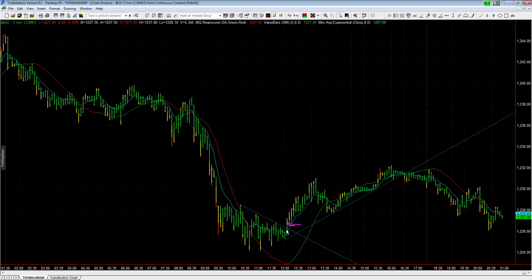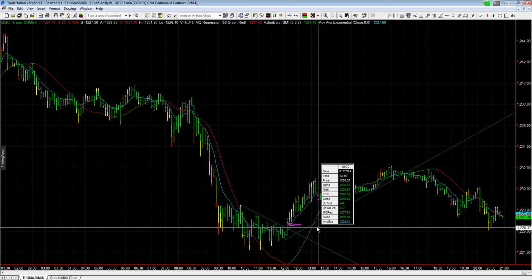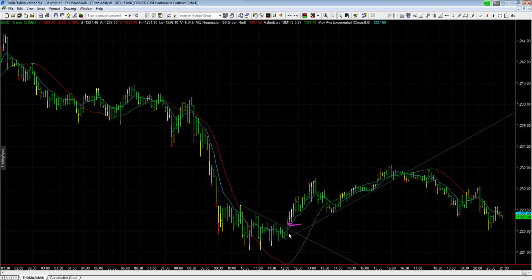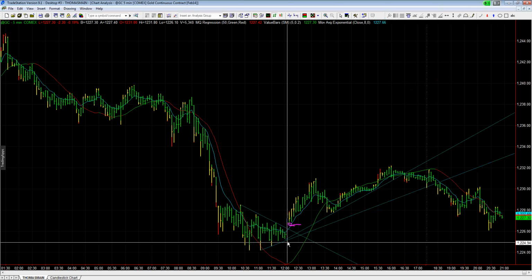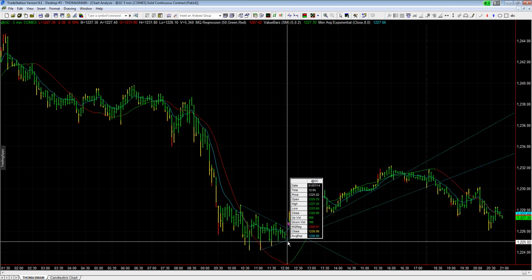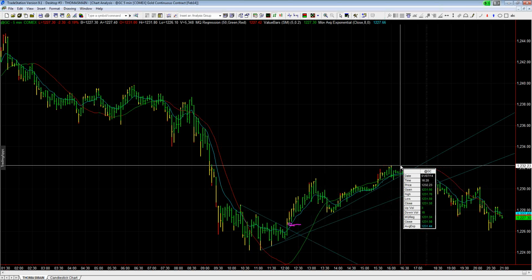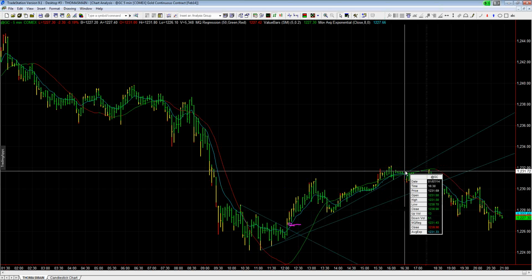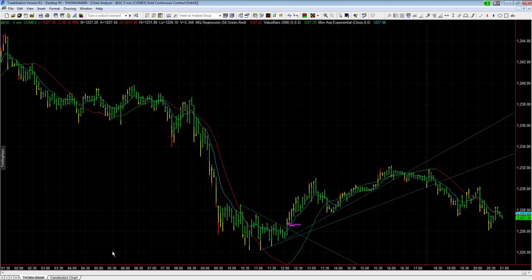So with this example, you would have been long from 1226.40. Your stop loss would have been either about a 50% retracement inside of this, or below the lower end of the pennant, which would have been at 1225. So you'd have been risking $140 a contract, and you would have made $600 if you got out at the high. If you got out on the trend line break, you would have made $500. Make sense?